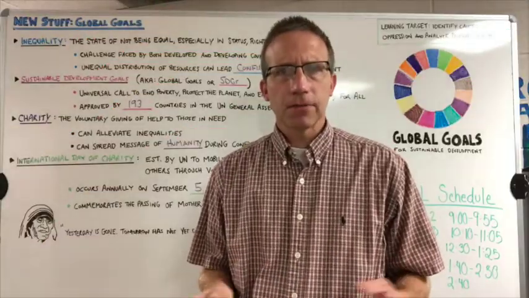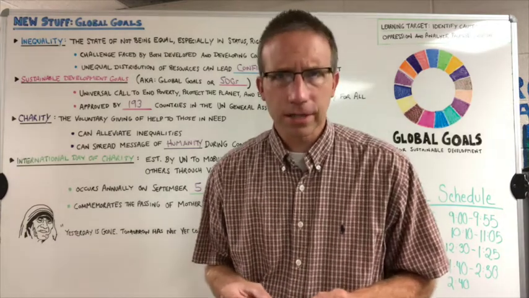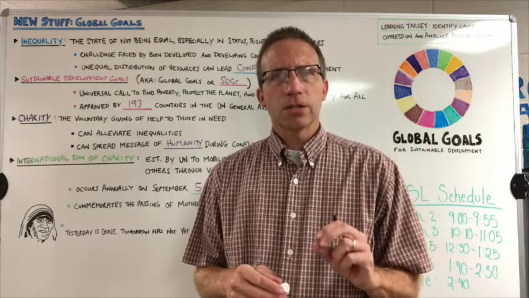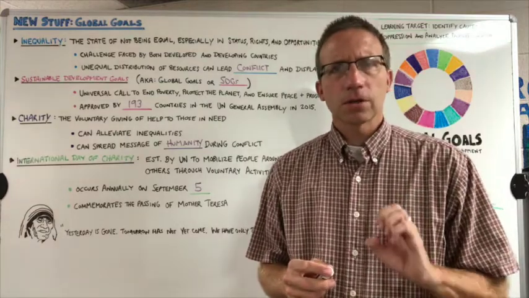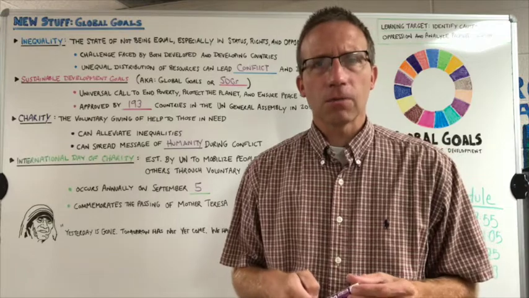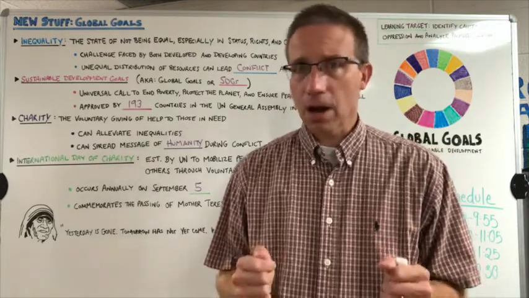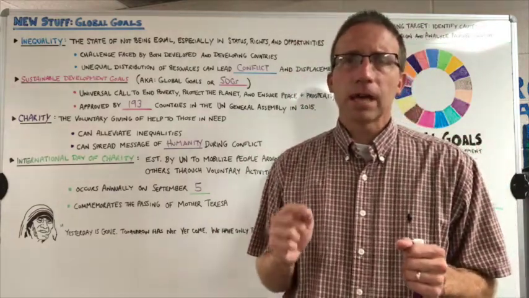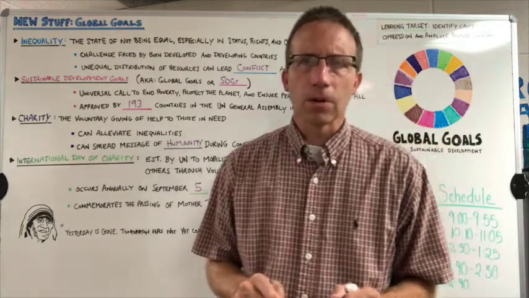Now that you've got the notes down and you've got a better sense of what the big picture is, we're going to apply this information. What I'd like you to do next is go to the Global Goals Learning Station Rotation activity that's linked on the agenda, and you're going to have a chance to apply each of the 17 global goals to photographs, to quotes, to PSL programs, as well as to a short video that I'm going to ask you to watch. After that, I think you'll have a much better handle on exactly what these goals are, and when you're volunteering throughout the course of the year in PSL, you'll be able to tie each volunteer activity that you do back to one of these global goals. Good luck.